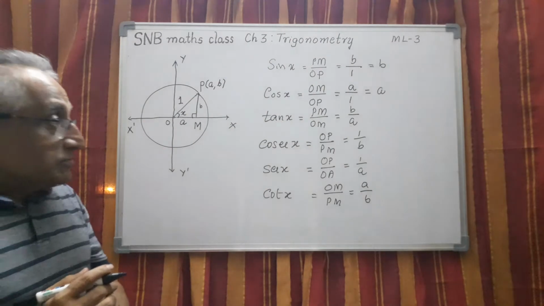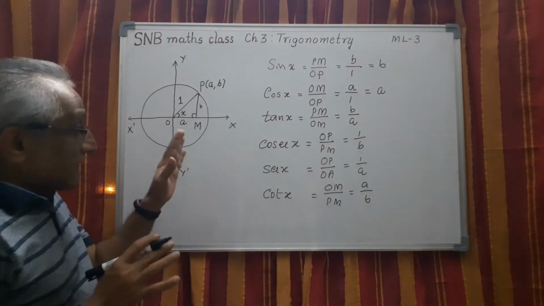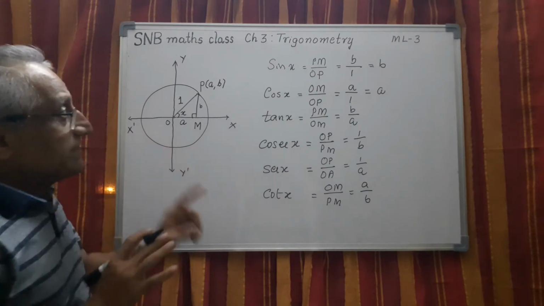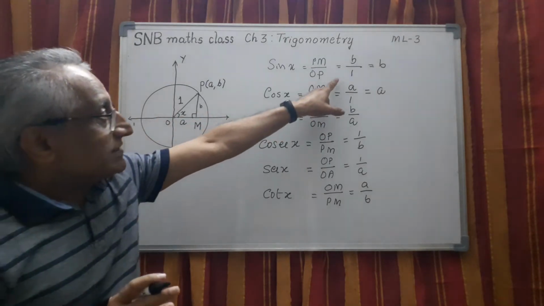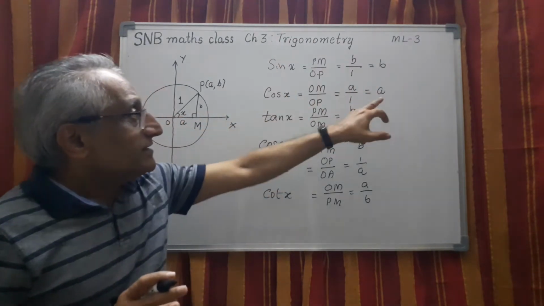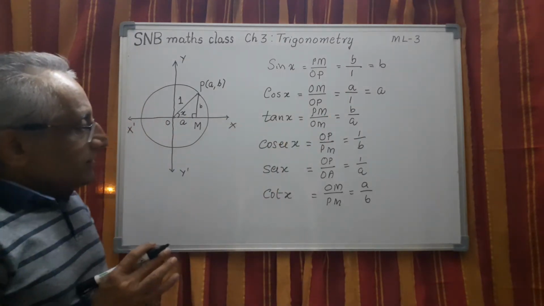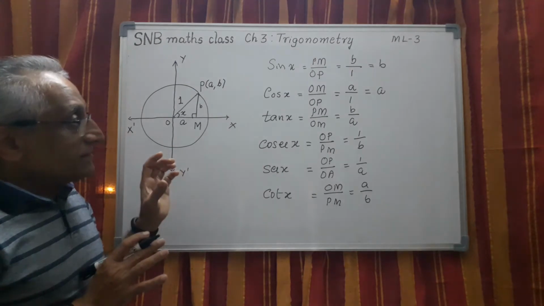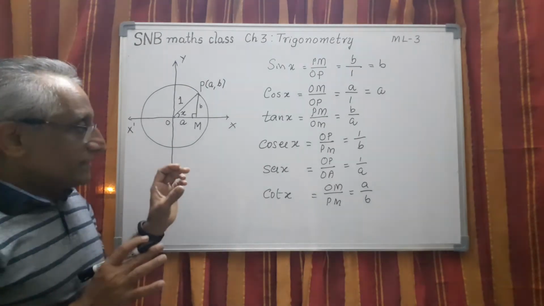Of course, in the high school, what you have done is using triangle you have done it. Here we are taking a unit circle. The only difference is hypotenuse is 1. Therefore, after the ratio you will get B only here. Here A you are getting. So this is the starting point. So 6 different trigonometric ratios we can define.